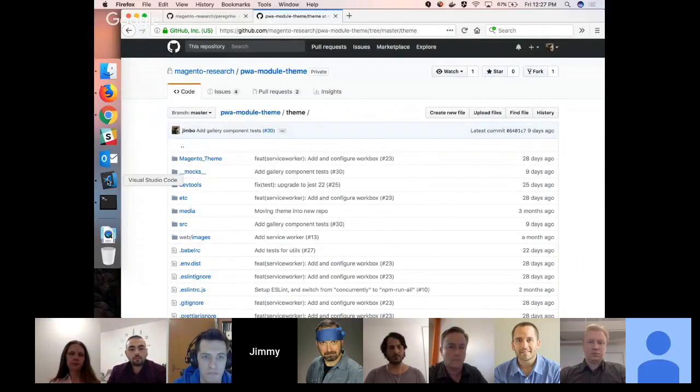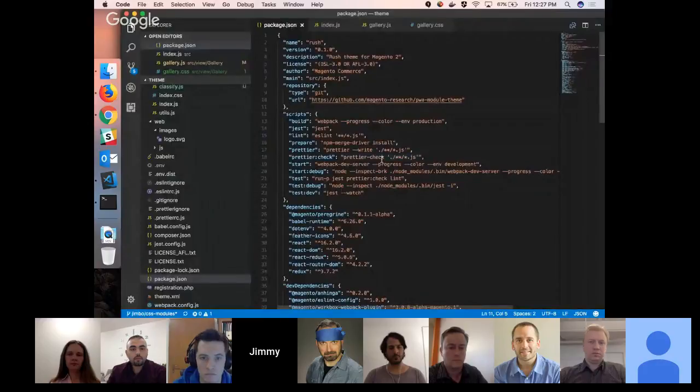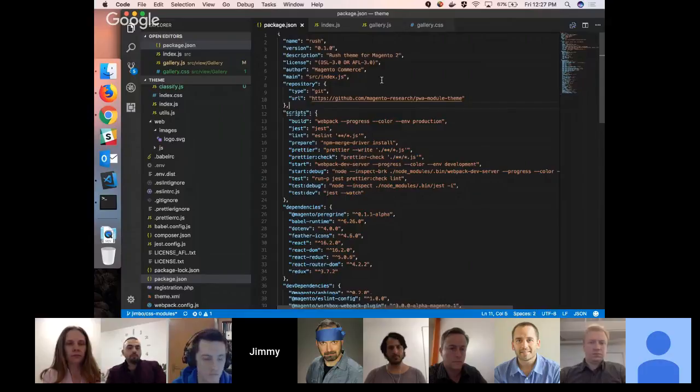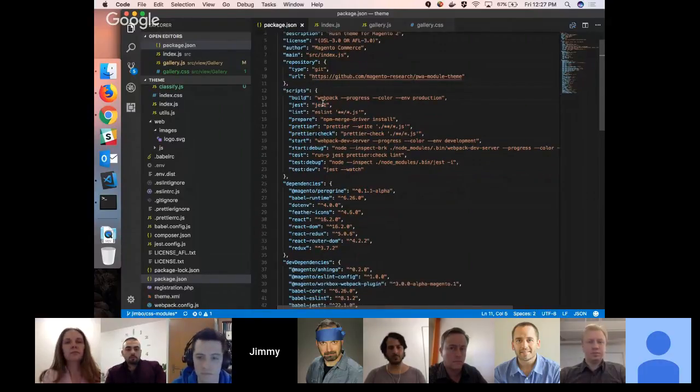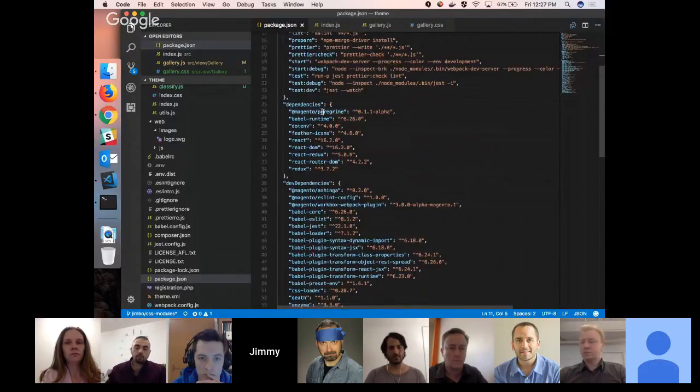So I'll switch over to Visual Studio. We can look at this. Basically the theme is going to be a standard NPM package, right? It's going to have a name, an entry point, and scripts for building, for starting a dev server, running tests, linting, the rest. We'll pull in our dependencies that we were showing off earlier, like Peregrine, which is going to help you stand up the React application.